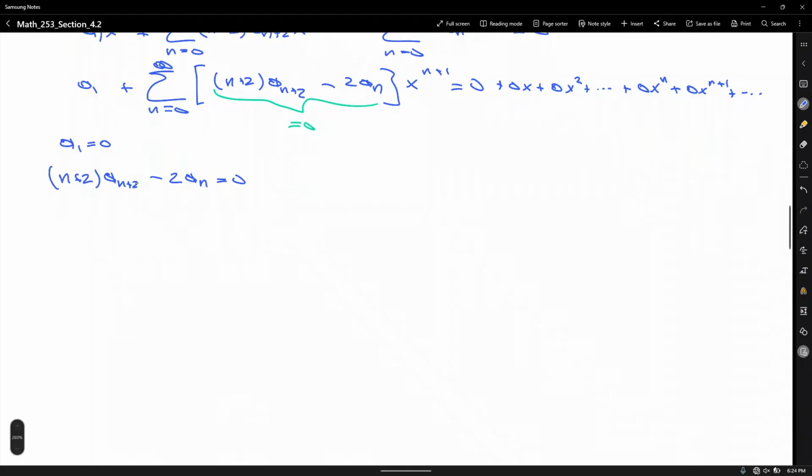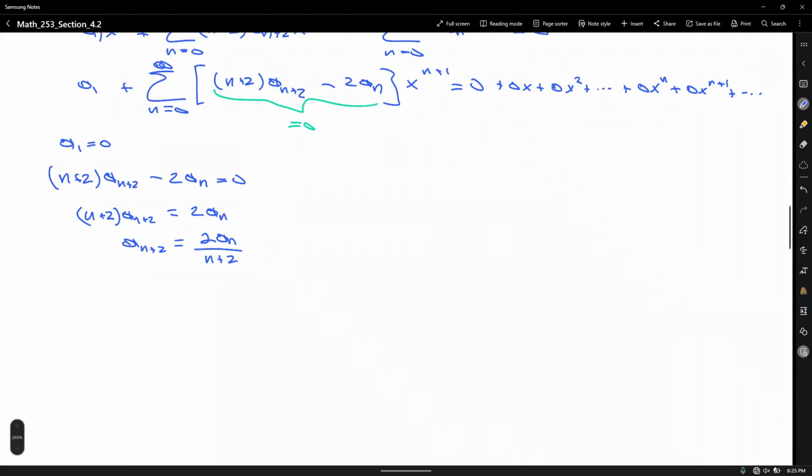So here we need to solve this equation for the term that contains the largest subscript, that is a sub n plus 2. So n plus 2 times a sub n plus 2 equals 2 a sub n. A sub n plus 2 equals 2 a sub n over n plus 2. So this is the relation we're going to use